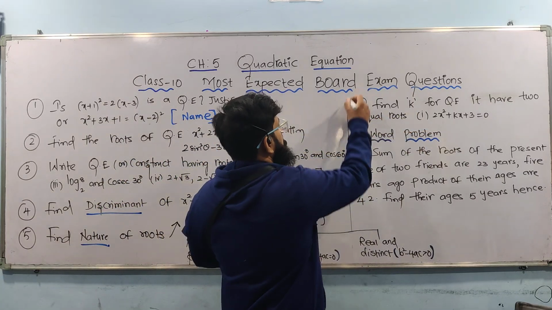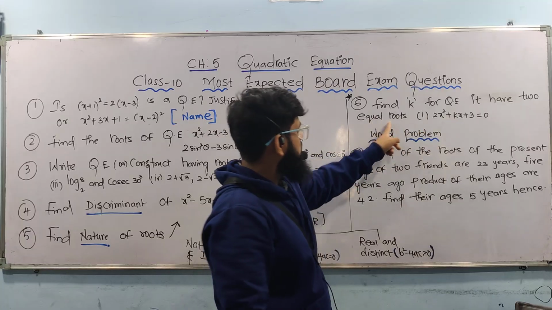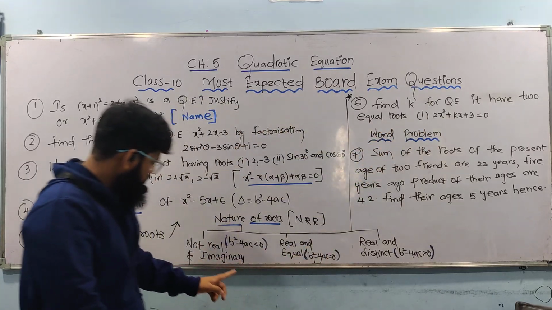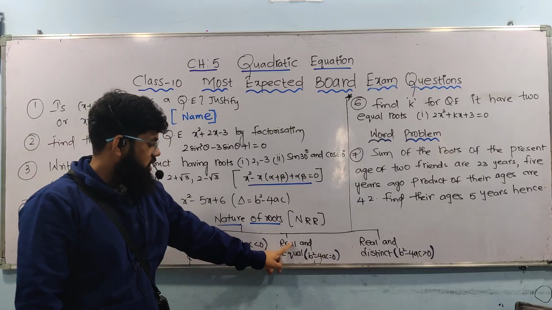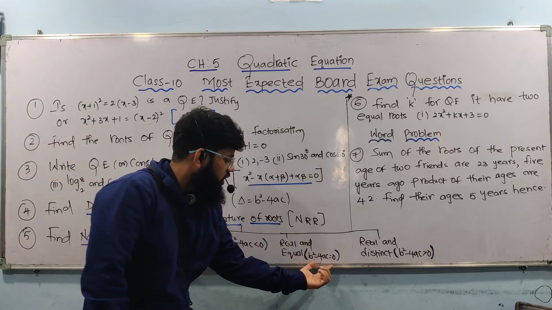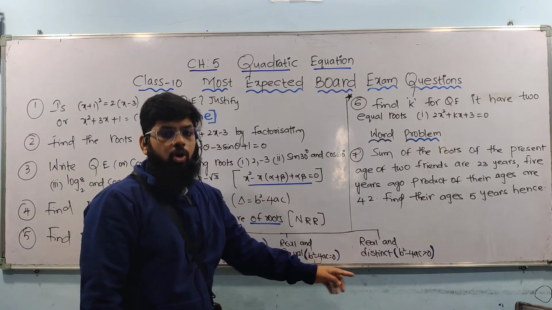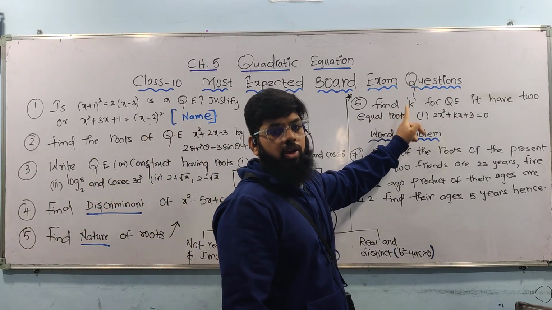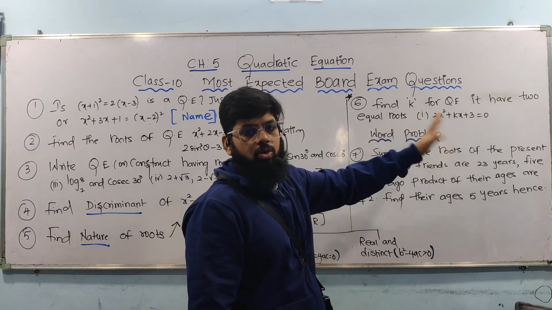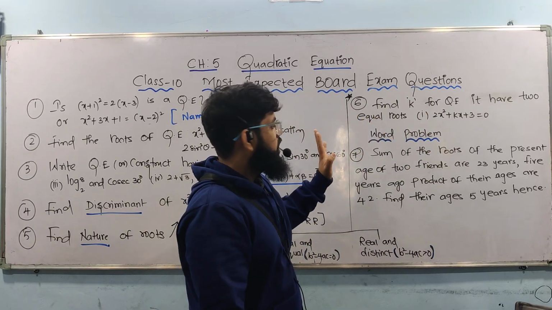Then coming to the sixth one: find the value of k. This is also a star question. Find the value of k if the given roots are equal roots. Equal roots in which case? Case 1, case 2, case 3? Of course it is case 2, because real and equal. It means this formula you are going to use, this complete formula, and you need to take it equal to 0. Or else blindly remember, whenever they are asking to find the value of k, you take b square minus 4ac equal to 0 and substitute in that, you will get the value of k after simplifying.